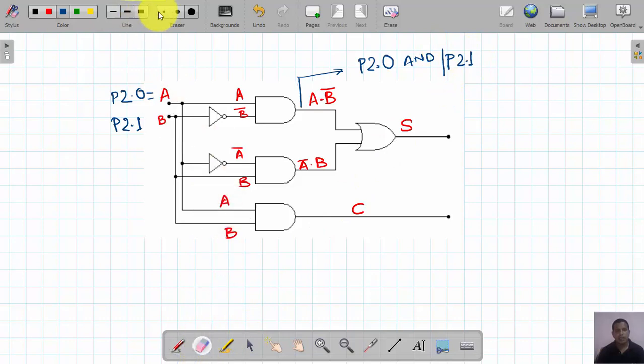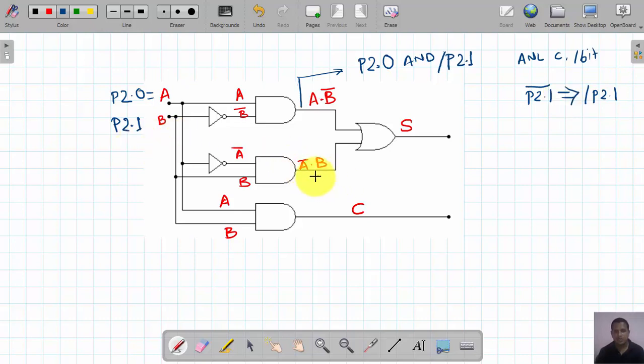In the 8051 microcontroller, we have one instruction for this, that is ANL C comma the complement of the bit. This complement is nothing but the inversion operation, so P2.1 bar is written in an expression as slash P2.1.